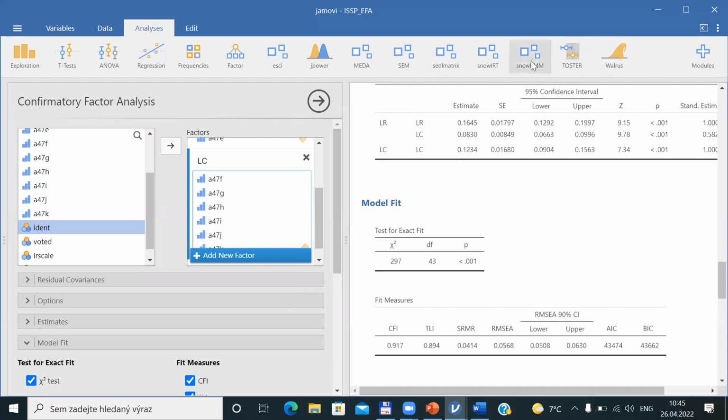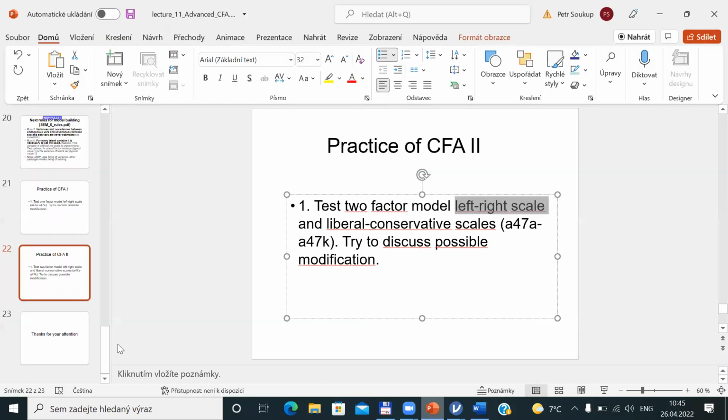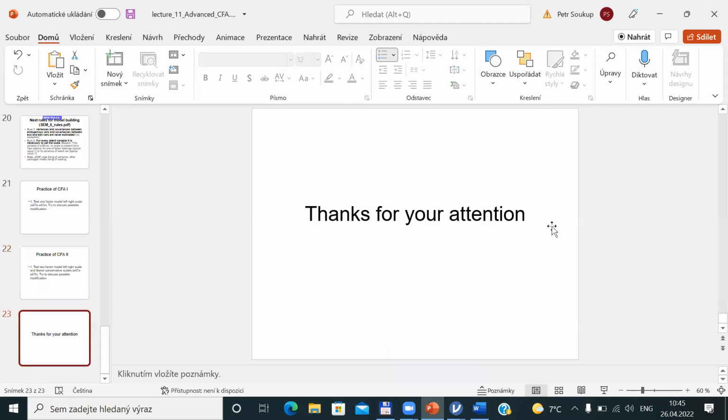So that's all for this introduction into CFA for today. I would like to thank you for your attention. Next week, we will finish our discussion about this two-factor model. And then the rest of next lecture will be devoted to slightly more complex topics in confirmatory factor analysis. We will learn how we can compare models for different groups, and we will learn also how we can apply CFA